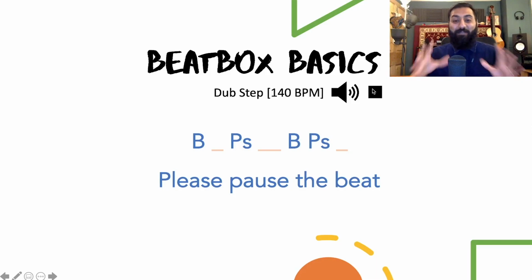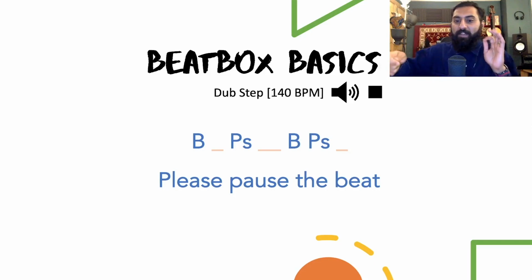Now, with this beat, there's lots of space to be able to maybe add a bit of a tail at the end of the sounds. This is called a reverb tail sometimes. So the B and the P's really create an effect like you're in a cave, and that's adding reverb to the sound. It makes it bigger, it makes it sound a bit more grand.